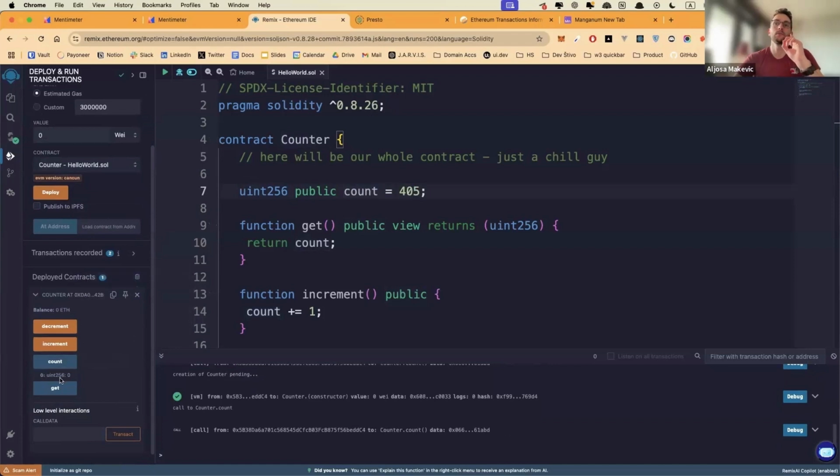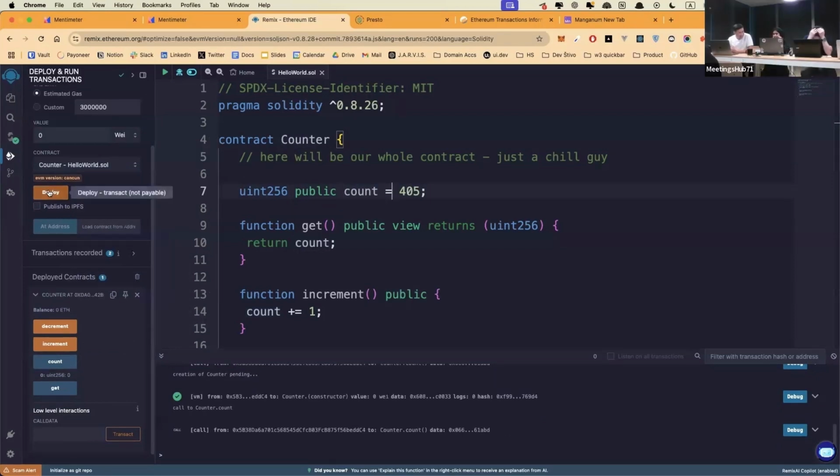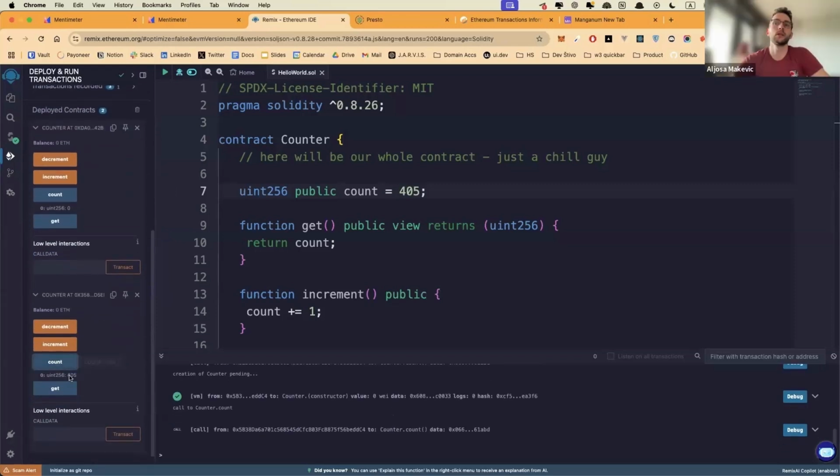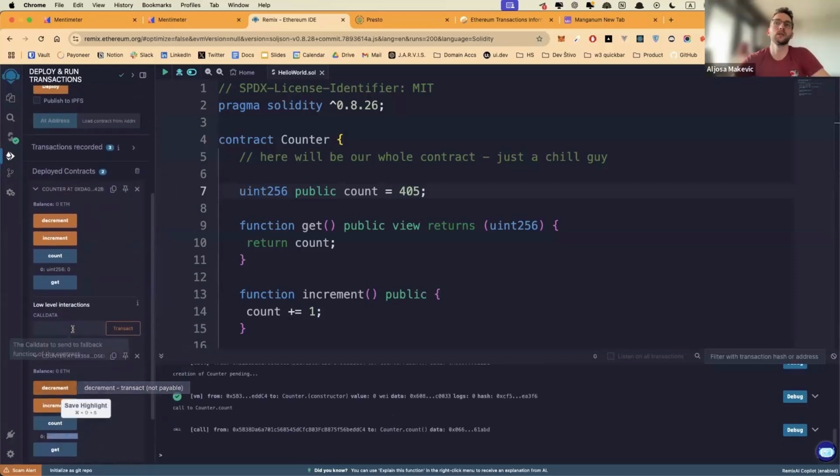Yes, but not on this one because this is an already deployed contract that we can't change. But if I deployed another one, see this bottom one, it's going to have 405. This is basically making copies of the same thing, but they're different. Like as soon as you get the pizza out of the oven, it already has the ingredients it has.